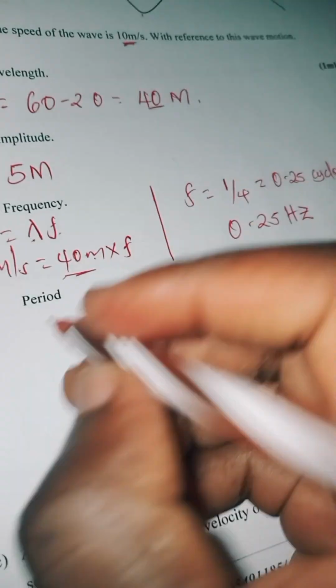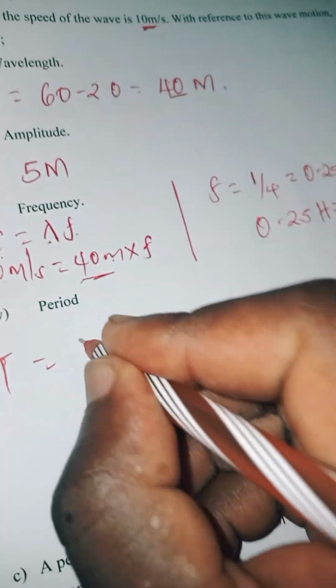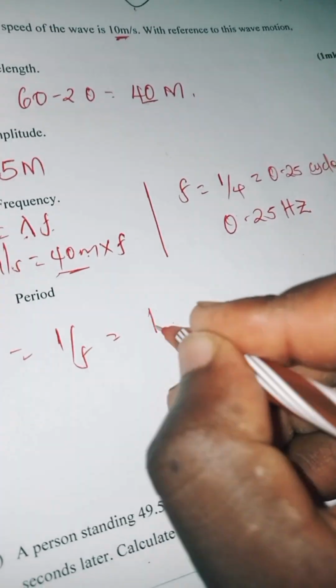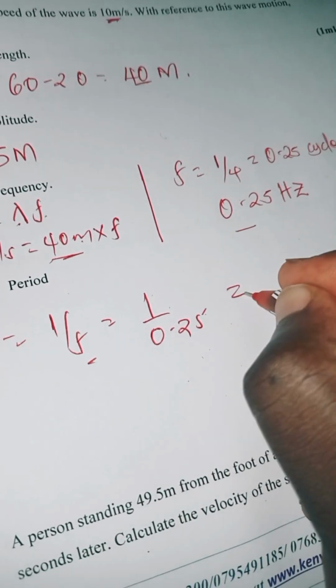Now the last one, period T is equal to 1 over f, which is 1 over 0.25. Remember, our f is 0.25. So here our answer will become